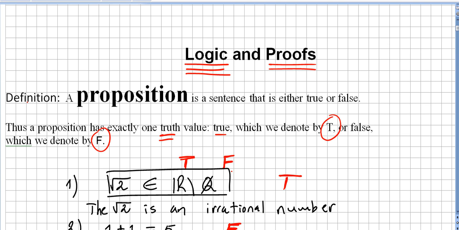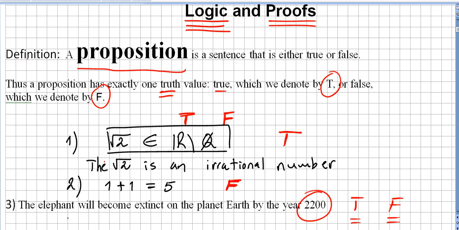So this video is on the list of logic and proofs. In the previous video we introduced the concept of a proposition. A proposition is a sentence that is either true or false. So a proposition has exactly one truth value: true, which we denote by capital T, or false, which we denote by capital F. We gave a couple of examples of propositions,